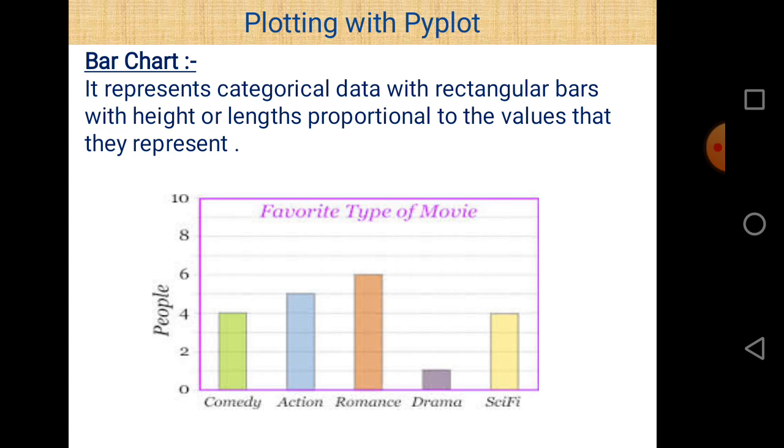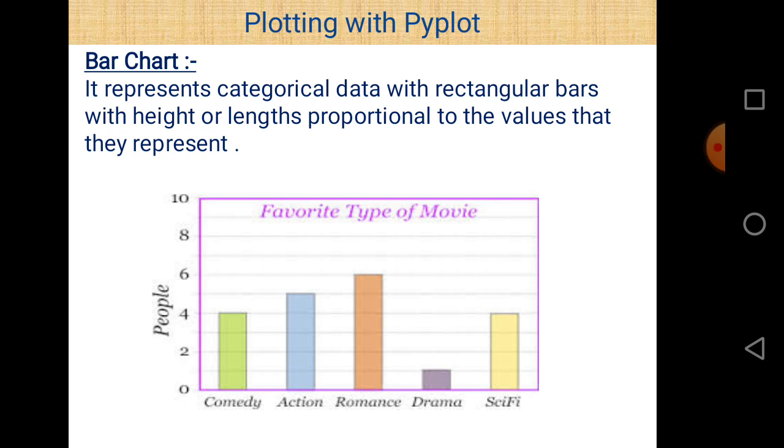In this example there is a bar chart regarding favorite types of movie, and we can see that there are 5 categories here: comedy, action, romance, drama, and sci-fi. Along the x-axis there are different categories, and along the y-axis there is the number of people. So they represent how many people like which category of movies.